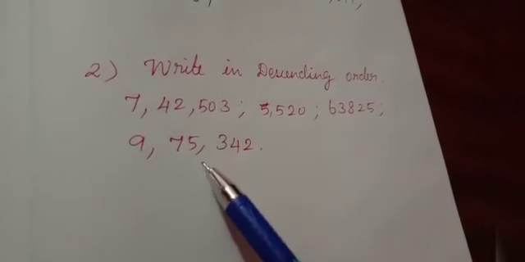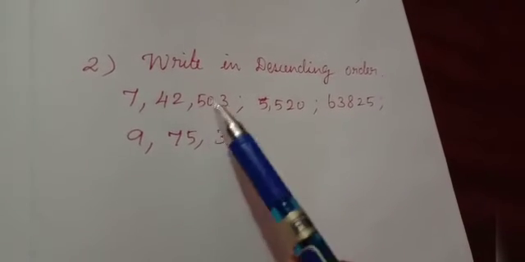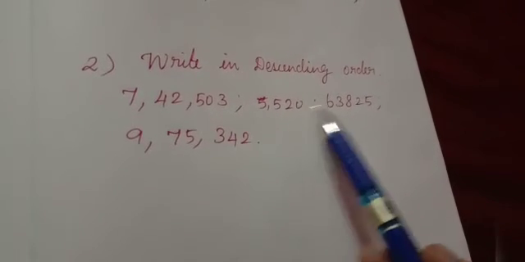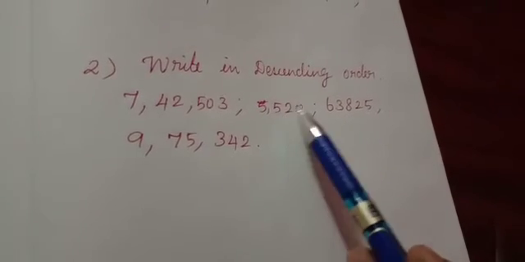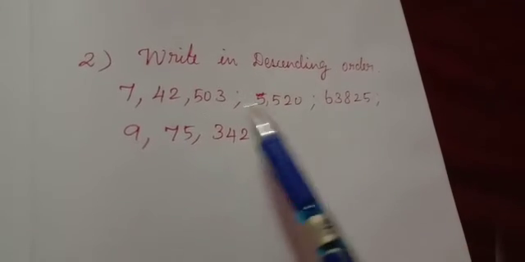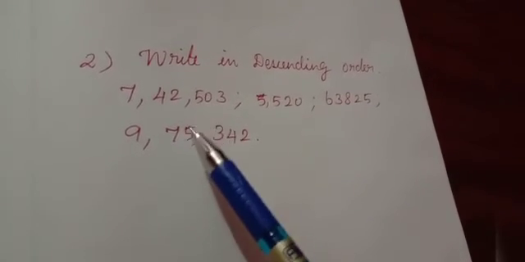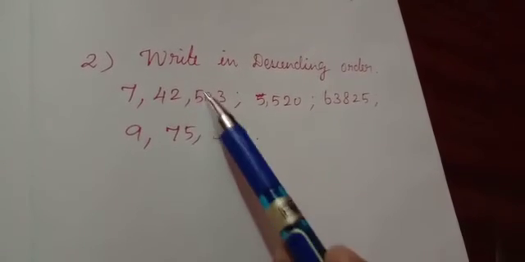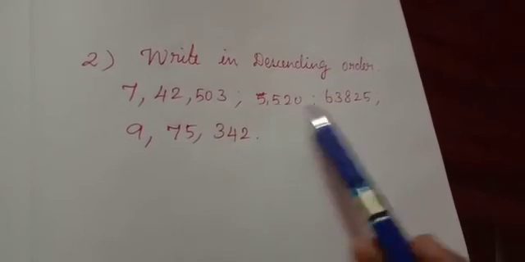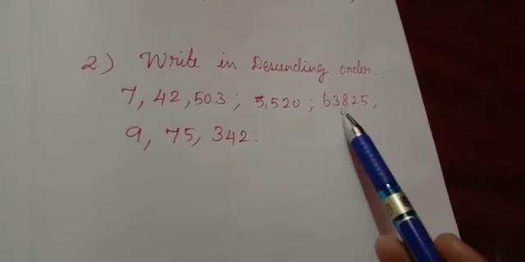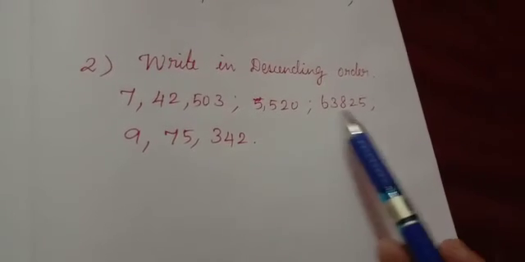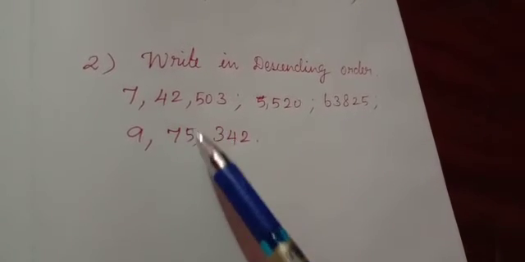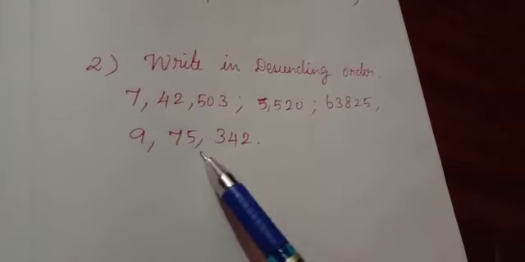The first number and the fourth number have 6 digits. So these are greater compared to the other two numbers, because here there are only 4 digits and here 5 digits. Now we have to identify which is the greatest of these two numbers. There is no confusion in the other two, because here we have only 4 digits and this one has only 5 digits.